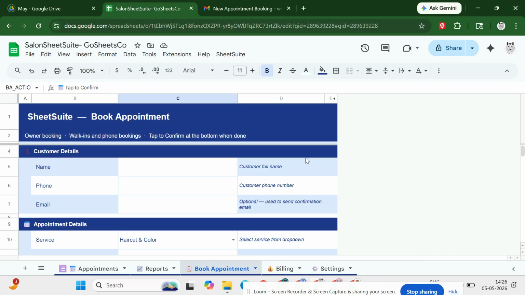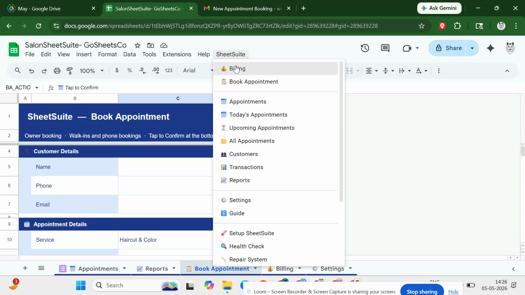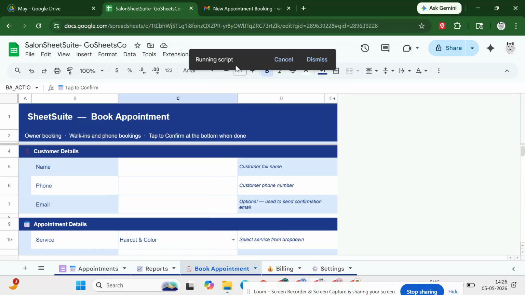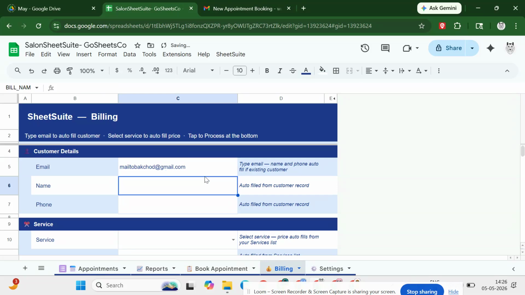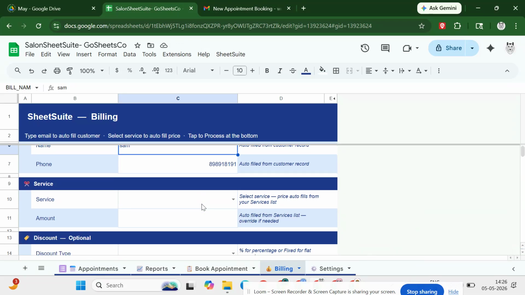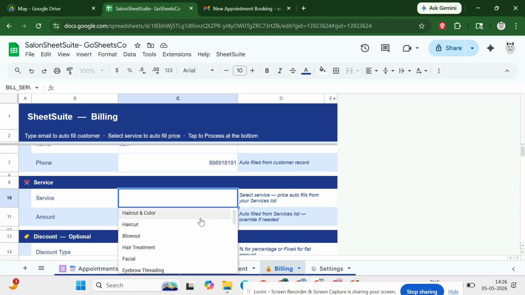So this way you can manage your bookings. Next we'll go to billing. Let's say you have a customer who already exists and you have their email. You can just type and enter. If the customer details already exist, it will autofill. In case not, you just need to enter manually and then you can choose service